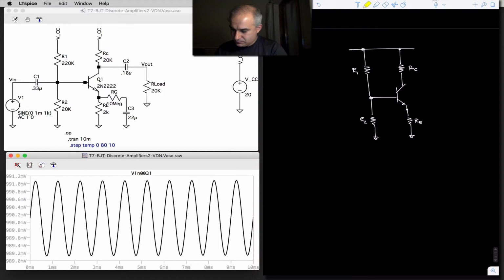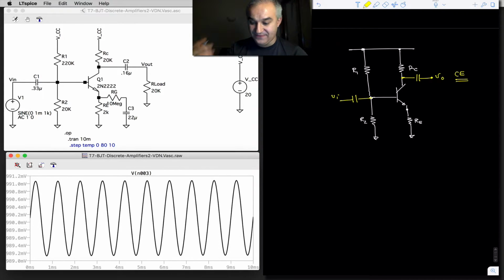So let's think about the common collector, also known as emitter follower. The DC design is the same as what we will do for a common emitter amplifier. We can use a 4-resistor network, as we did before. But we are going to couple the input to the base, and instead of taking the output at the collector, this is for the common emitter amplifier, which is a gain stage. As you saw, we amplify. We don't do that. The collector now is the common, input at the base, output at the emitter.